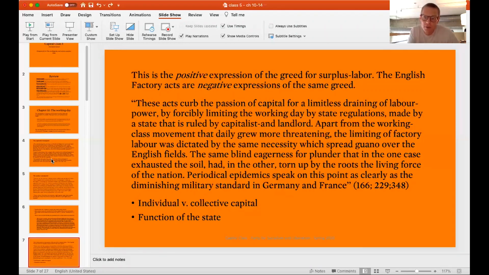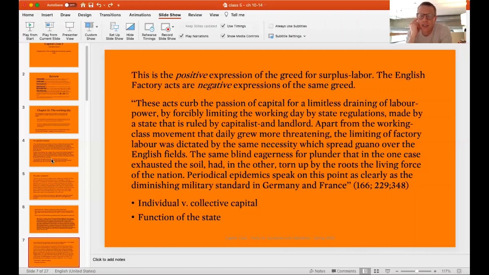And it's also, as we see here, managing the contradiction between capitalist and landlord. And Marx is writing about landlords here because, one, landlords were a dominant force in the English state, particularly in the first half of the 19th century. And there was a fierce struggle between the capitalists and the landlords. And this struggle included the working class and the class struggle, and it also included the state.